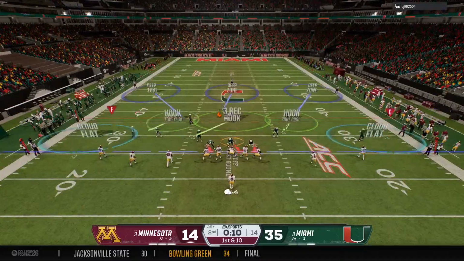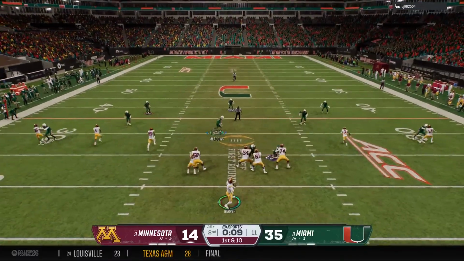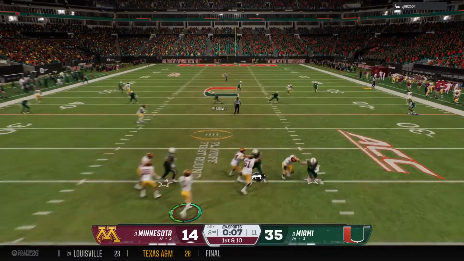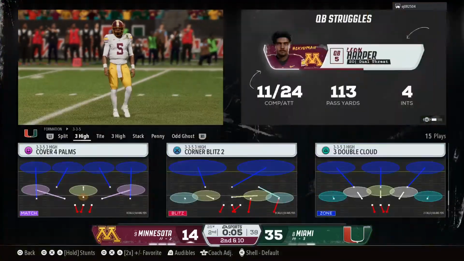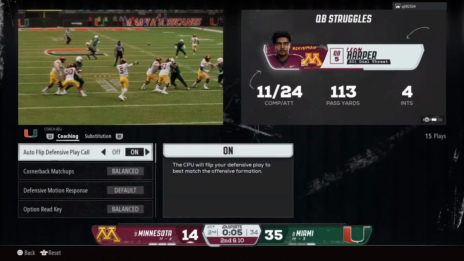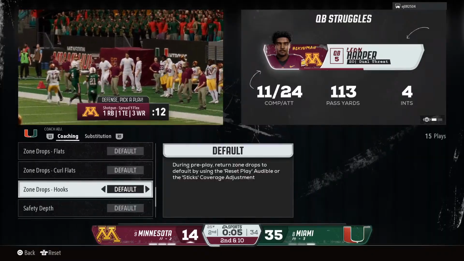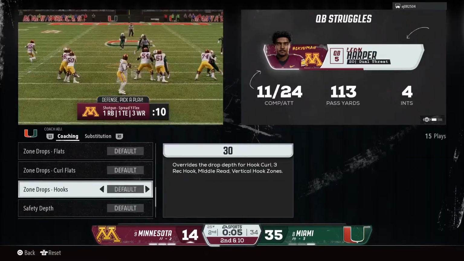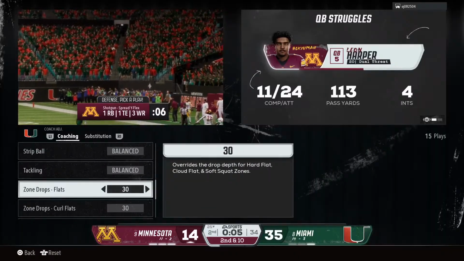Time left before halftime as they begin this possession here. Can they make something happen? To throw, it's Harper. Taking a deep shot here to the right. And it's incomplete. Just 5 seconds left on the clock now. You know, the game often comes down to a play or two, and the offense just missed a huge opportunity for a big play. They're going to have to make some adjustments there and maybe go back to that play and see if they can come up with a big opportunity.